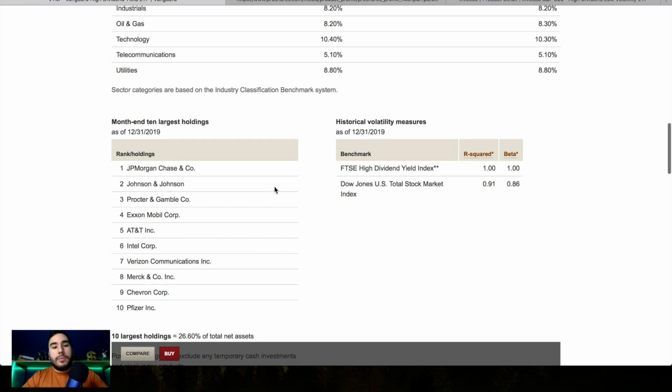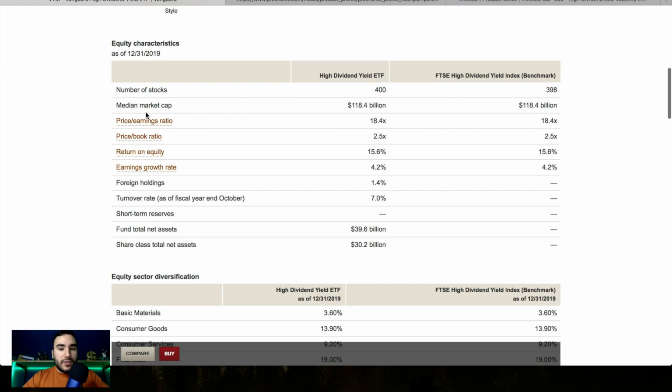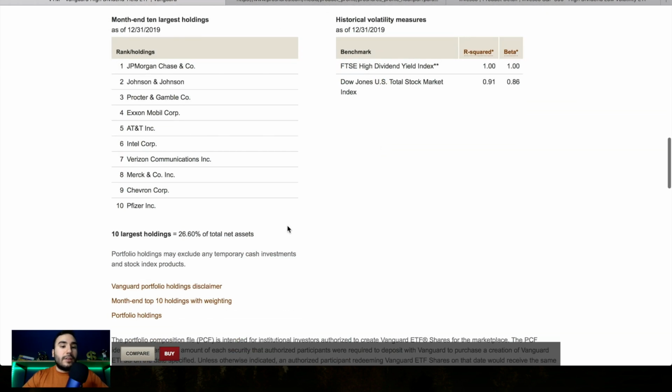And scrolling down a bit more, we can see the individual holdings of the portfolio, or rather the top 10 individual holdings: JP Morgan, Johnson & Johnson, Procter & Gamble, Exxon, AT&T, Intel, Verizon, Merck, Chevron, and Pfizer. And mind you, these top 10 holdings comprise 26.6% of the total net assets of this ETF,